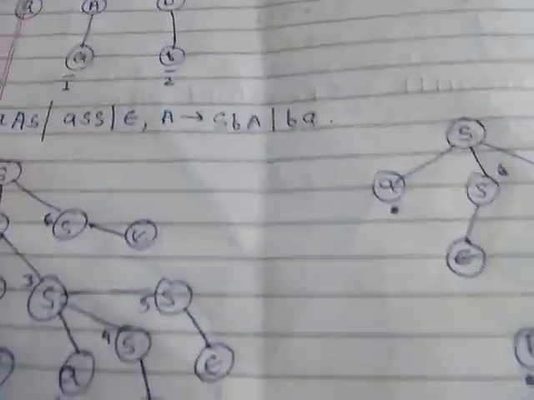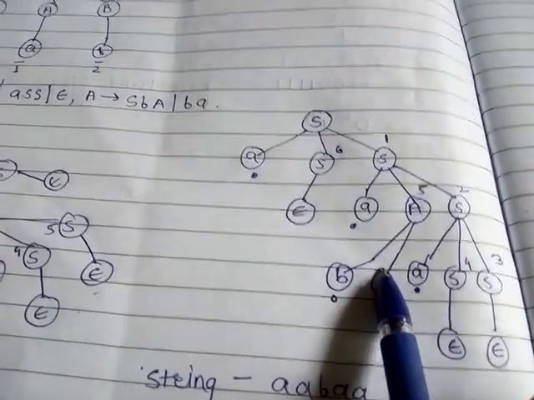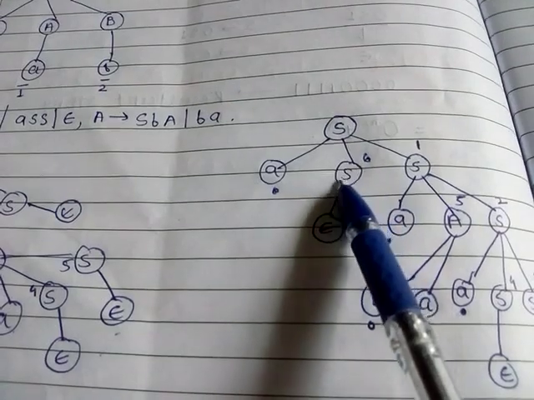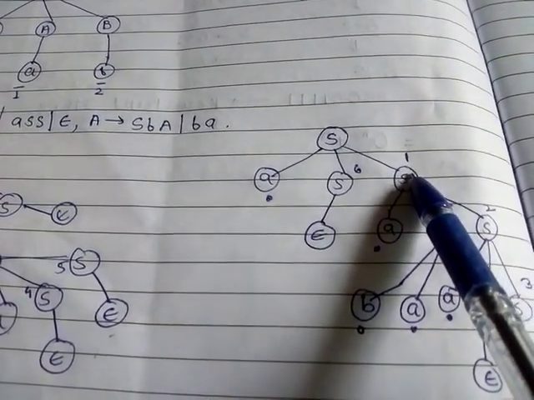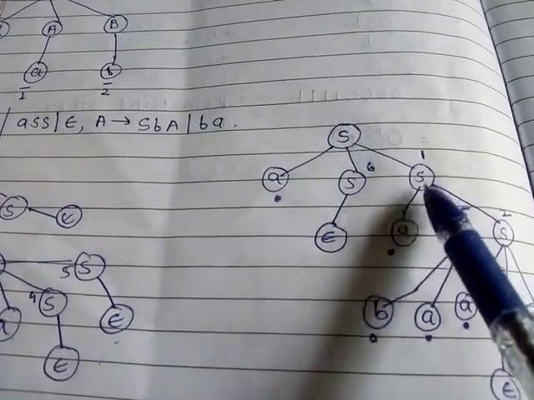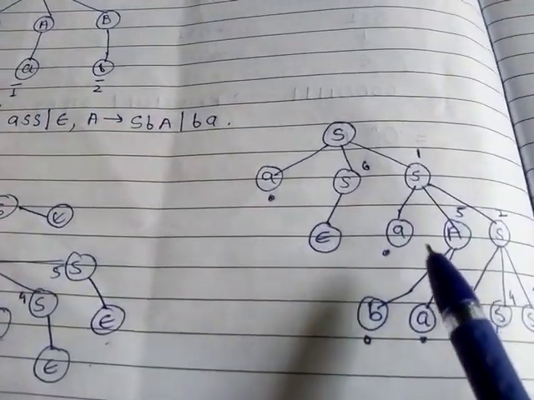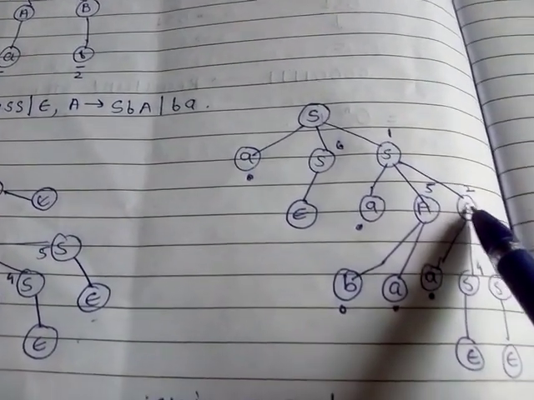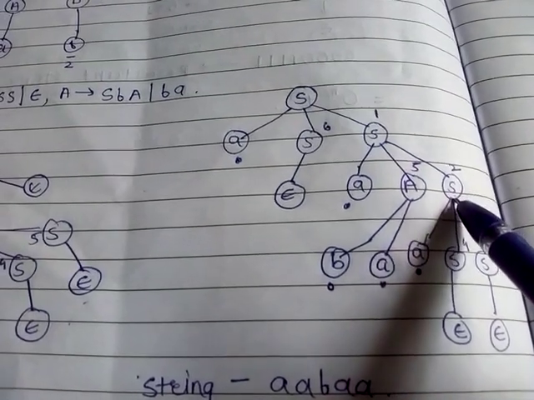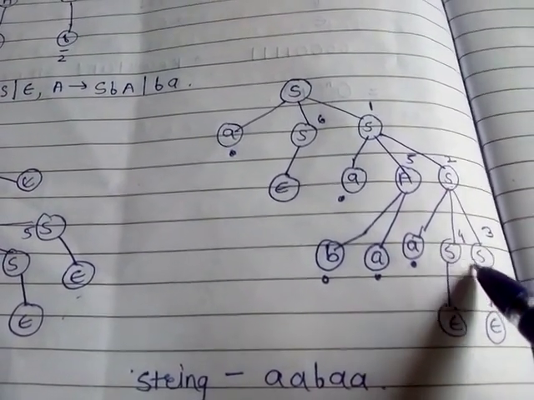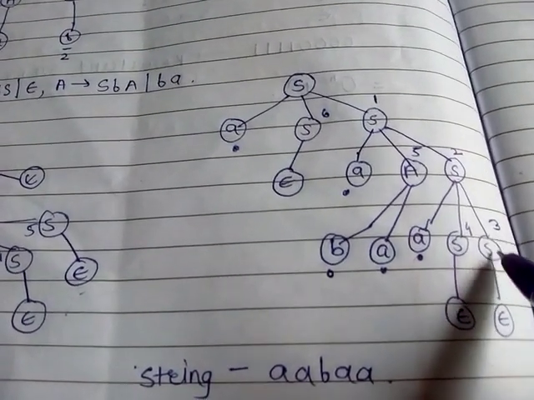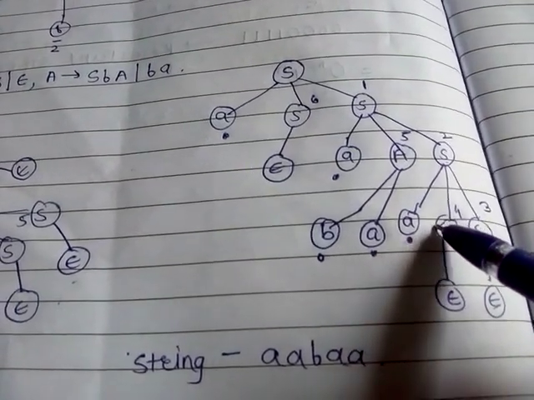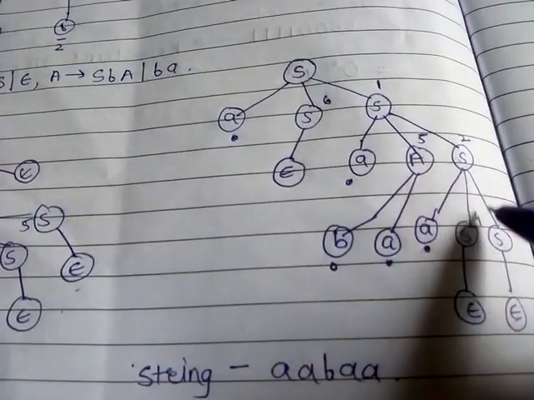Now if I apply this production rule for the right derivation, for S, I apply ASS, the second element, here. Then for right derivation, I start from the right side. For this right side S, I have applied AAS. This is executed. Then second, starting from the right side, I execute this. For this, I have applied ASS. The right of this side is this, so I have written here 3. For this S, I have applied epsilon. For the second S, I have applied epsilon. So this string is executed.